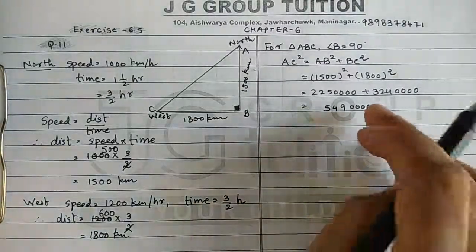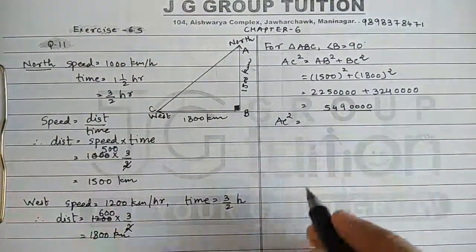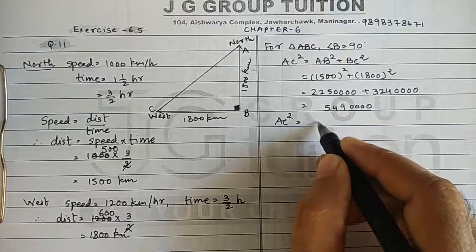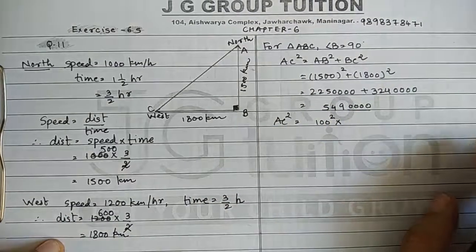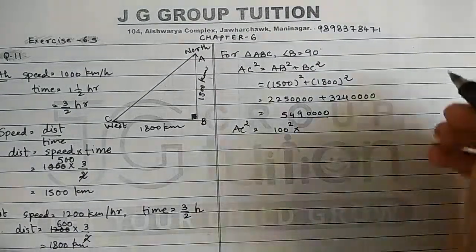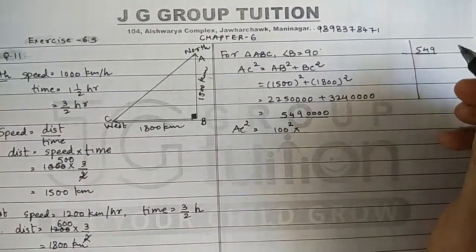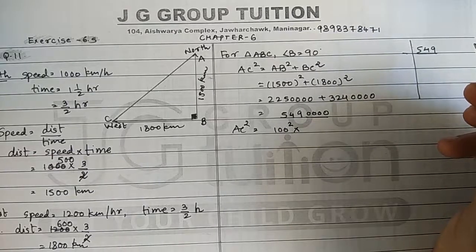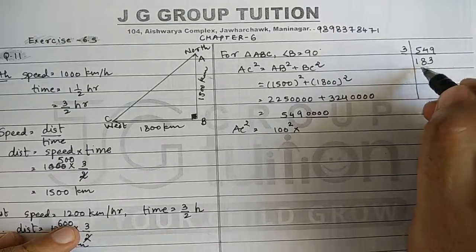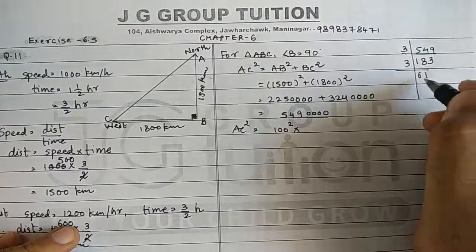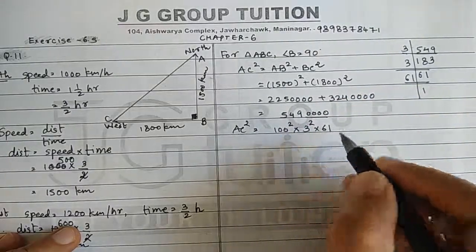We need to find out whether it is a square of any number or not. For that, see, these are the 4 zeros, so obviously that comes as the square of 100. Now it's all about the 549. So I'll find the prime factors of 549. Let us see what the possible factors of this are. Let's see whether it is divisible by 3. Yes, it is. 3 ones are 3, 3 8s are 24, 3 3s are 9, 3 6s are 18 and 1s are 1. I think 61 is a prime factor. So then we obtain 3 square into 61.